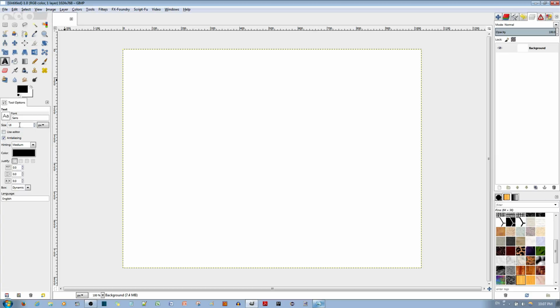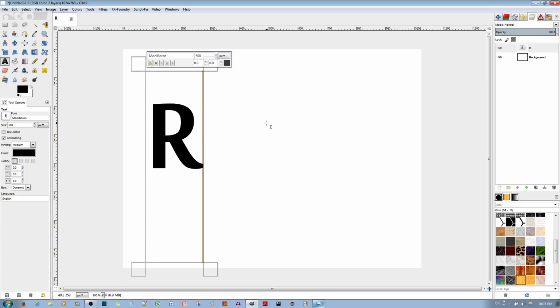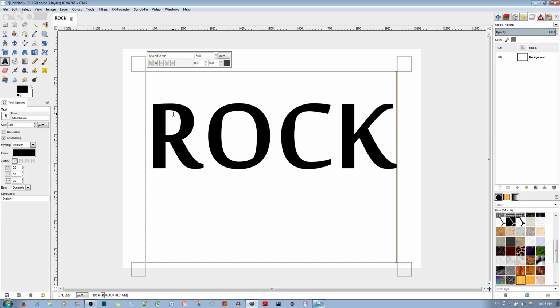Go ahead, choose text. Go to the text option over here. I'm going to choose Mulbaran. It's my favorite. And I'm going to set the size to 500. I already figured this out from before. It depends on how much text you want to work with. So 500 is fine. And I'm going to type from the top my nickname, Rock, in all caps, so it